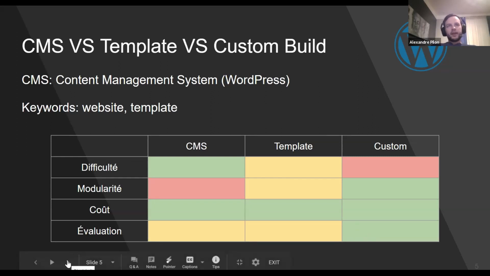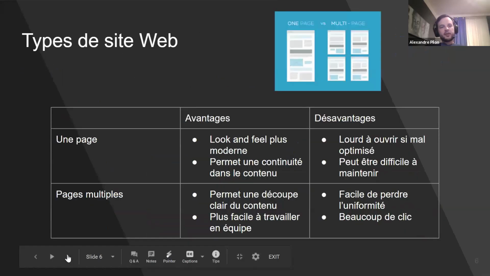Pour les différents types de technologies. Ensuite, il y a les types de sites web qu'on retrouve très souvent. J'énonce ici le one-page versus le multi-page. Les deux ont leurs avantages, ils ont leurs inconvénients. C'est vraiment à la discrétion de l'équipe, de comment l'équipe veut market, à mon avis, son site web,